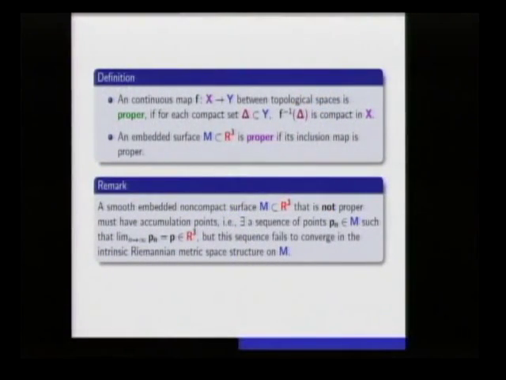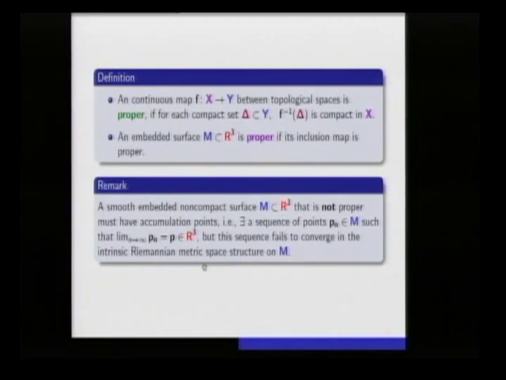Okay? Now, it turns out that topology may or may not agree. The topology generated by that distance function gives you a metric space structure, which may or may not agree with the topology of the space you map into. In other words, it might not correspond to the subspace topology. So when it does, the mapping is called proper. So anyway, it's proper if that inclusion map has this property.